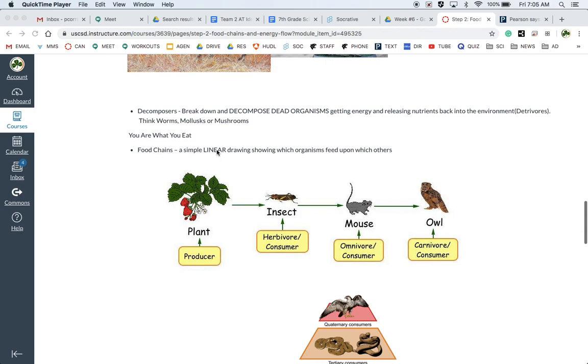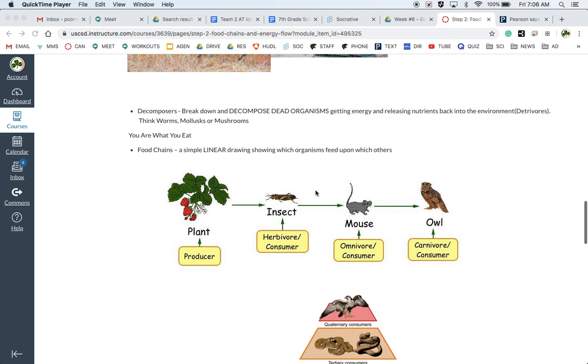Hello, seventh graders. I wanted to take a quick moment before the quiz to talk to you about some issues that I saw through the online textbook and some of the food webs and food chains. First of all, let's make sure we understand the difference between a food web, food chain, and the food energy